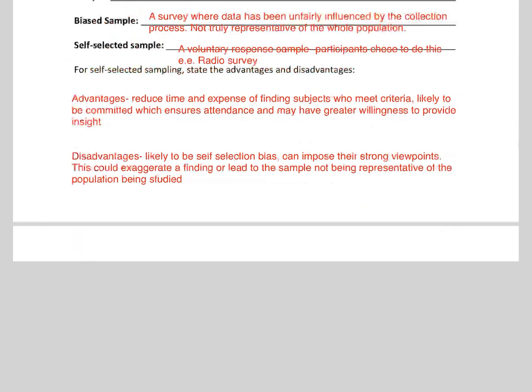So some advantages and disadvantages of a self-selected sample. Well, some advantages are that it reduces time and expense of finding subjects who meet the criteria. They're likely to be more committed, which ensures attendance, and they may have greater willingness to provide insight. They might actually have knowledge of whatever you're talking about in the first place. Now, the disadvantages, obviously, is that it's likely to be self-selection bias. They can impose their strong viewpoints or even their political views, and this could actually exaggerate the finding or lead to a sample not being representative of the whole